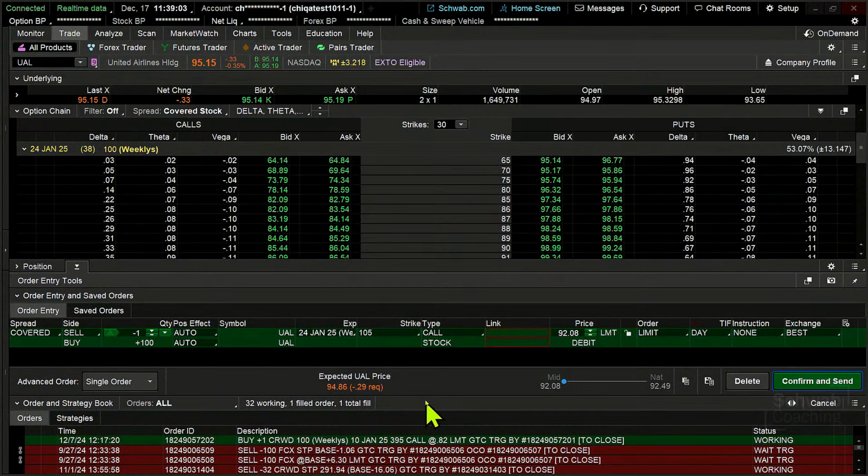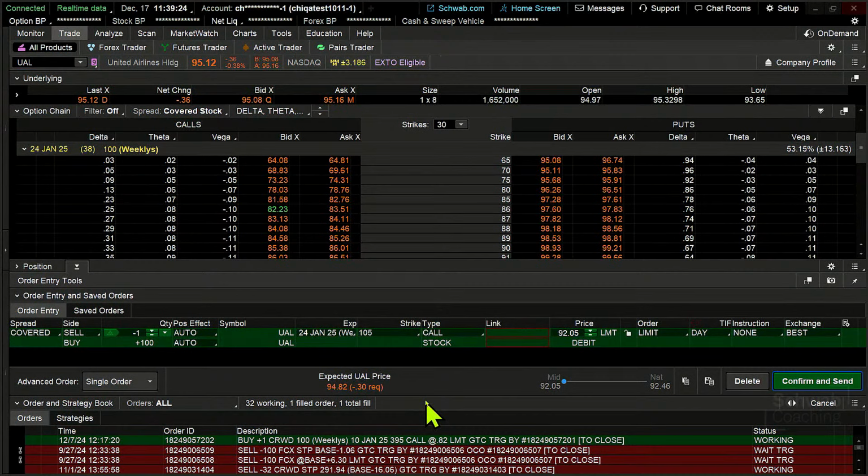Now, if the price of the stock goes down, that's going against me, same as if I had just bought the stock and put in a limit order. If the price of the stock goes up and goes through this call option, then at expiration, if we let it go that far, that stock's going to be called away from me if it's above that strike price.